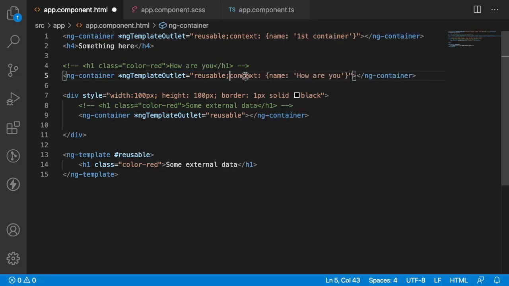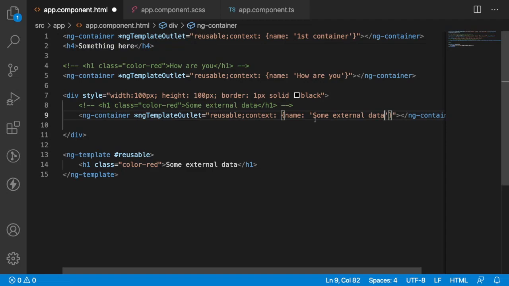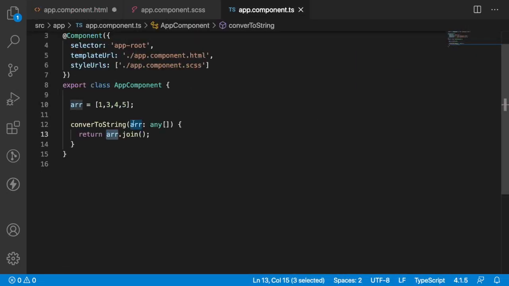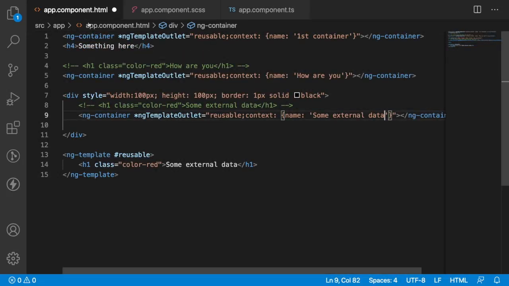And also we are using this context. Let me copy this context and use here and pass some other value. Let me pass some value like some external data. Let me copy this and pass here. So what we are doing, we are trying to pass an external data, same like our TS file. We are passing an array here. Instead of array, we are passing how are you and some string, and how to access this particular element in